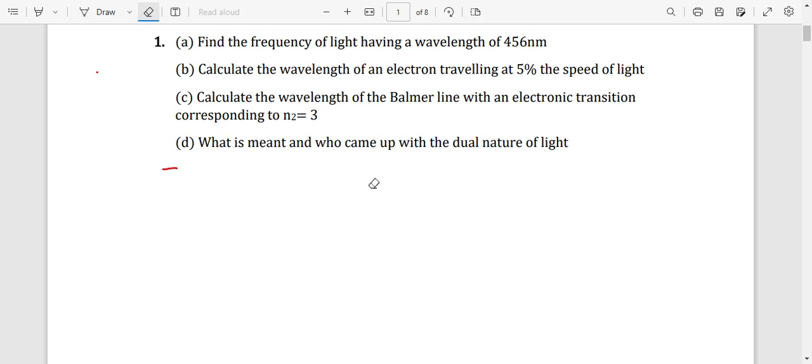Then the next one, what equation are we going to use? Calculate the wavelength of the Balmer line with an electronic transition corresponding to n2 equal to 3. What do you think will be the equation? We're going to use the one that says energy is equal to negative 2.178 times 10 to the power, I forgotten, then